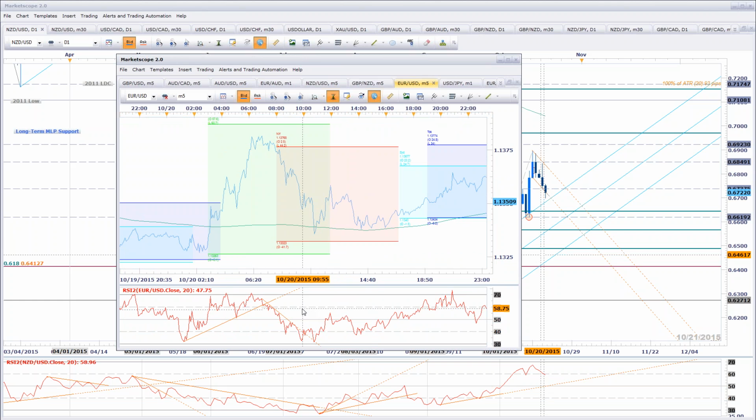The one caveat I want to put out there for everyone in the room is, remember, divergence can last. It doesn't designate time. Divergence can go for a couple of hours to a couple of days before it breaks. So when we look for a divergence, that's why we want to see it follow up with a trigger break, an opening range break. We don't want to take trades solely based on divergence.